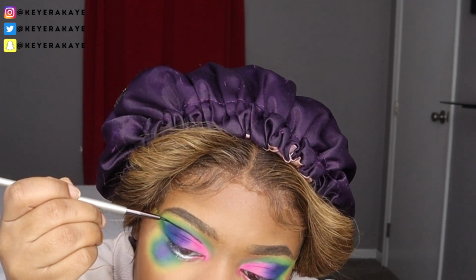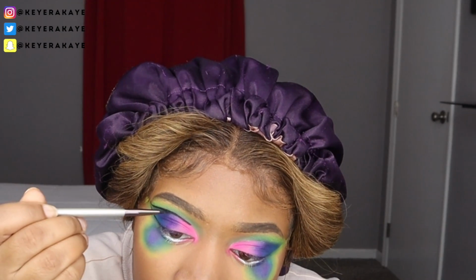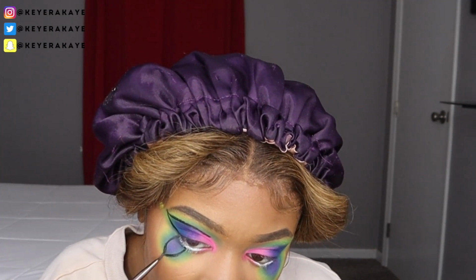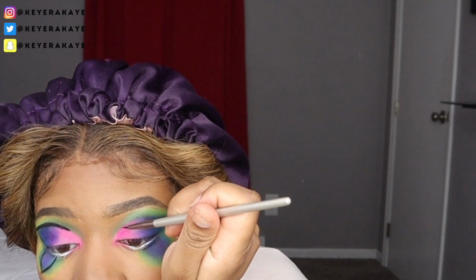And now you see me using that paint kit that I just showed, I bought from Amazon to draw on. I'm pretty much just following the shape of the eyeshadow that I just did, and I'm going to do the same thing at the bottom. You pretty much can shape the butterfly exactly how you want. If you want it more sharp or if you want it more rounded, you can pretty much shape it